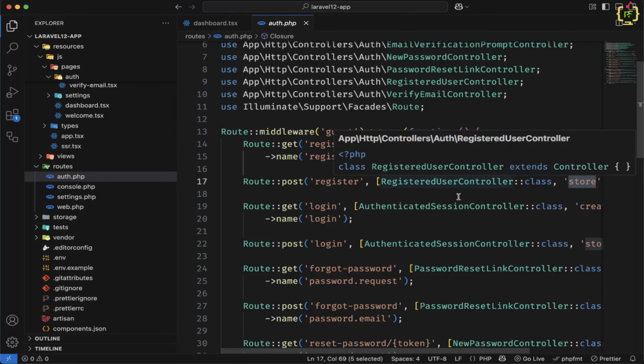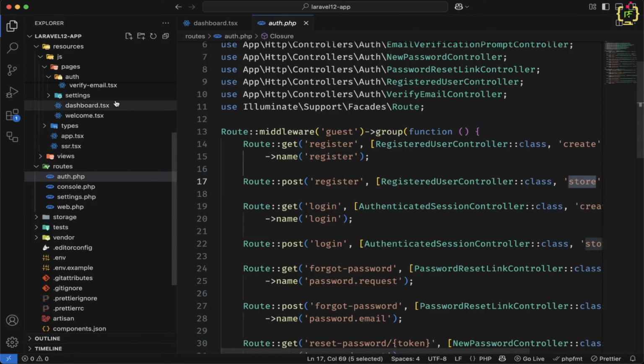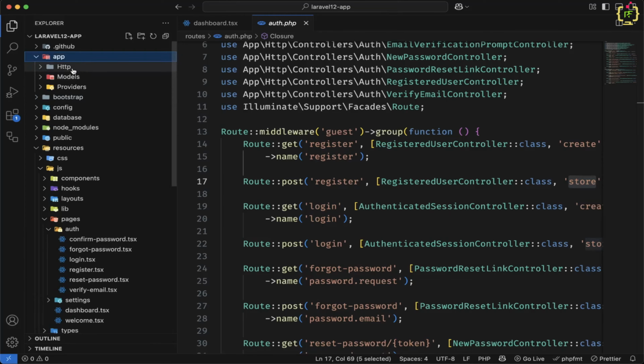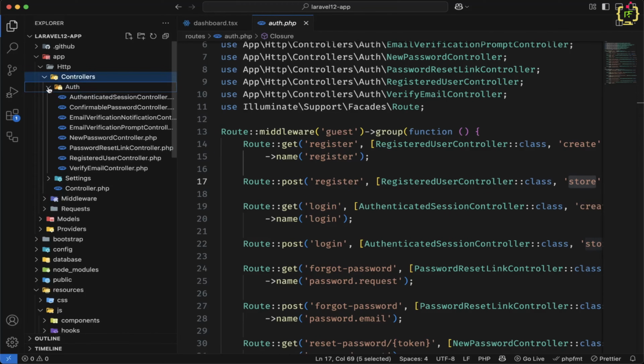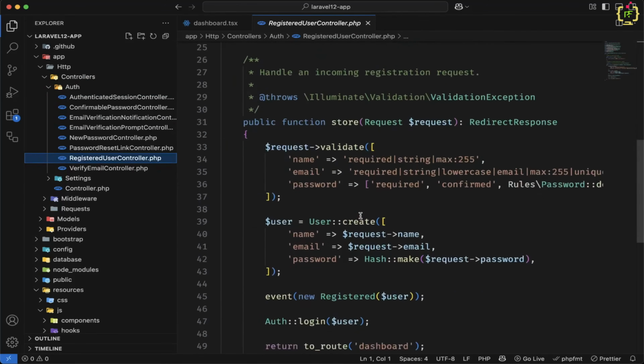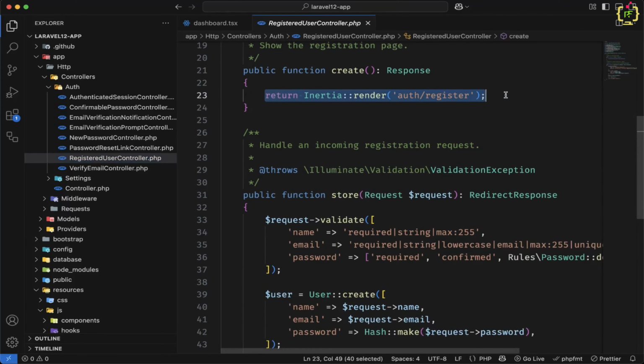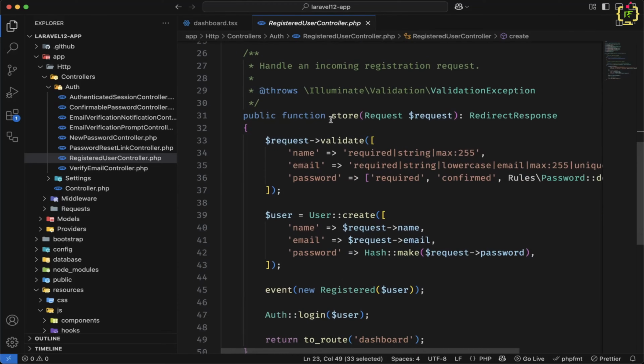Alright, if we navigate to this RegisteredUserController available inside app, Http, Controllers, we have this auth folder. Inside the auth folder, we have this RegisteredUserController. Inside this, we have a couple of functions, just like create. So this create function is basically for rendering the register page using Inertia.js, and this store function is for